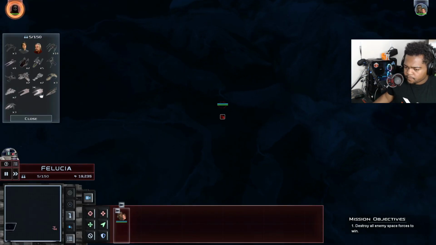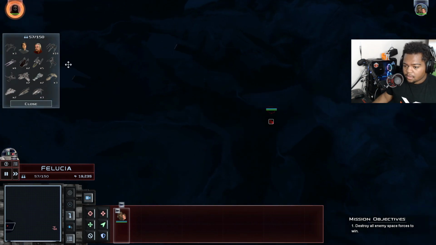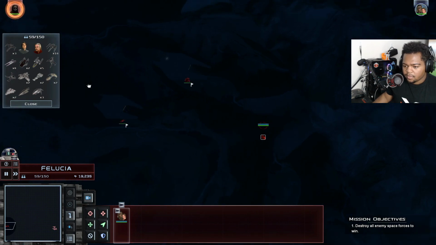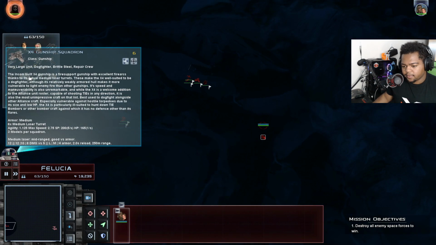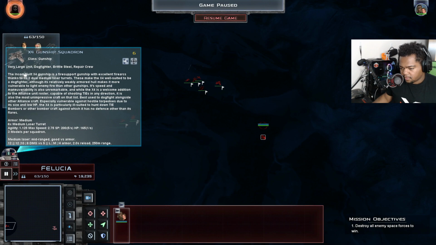Choose your reinforcements. Okay. Let's call in our Liberator classes. Dude, I can't see anything. Coordinates for hyperspace jump. Okay. Reinforcements cancelled. Setting course. We're on the literal far edge of the map. Let's see what the X4 gunship can do. The ACOM built X4 gunship is a fire support gunship with extra fire